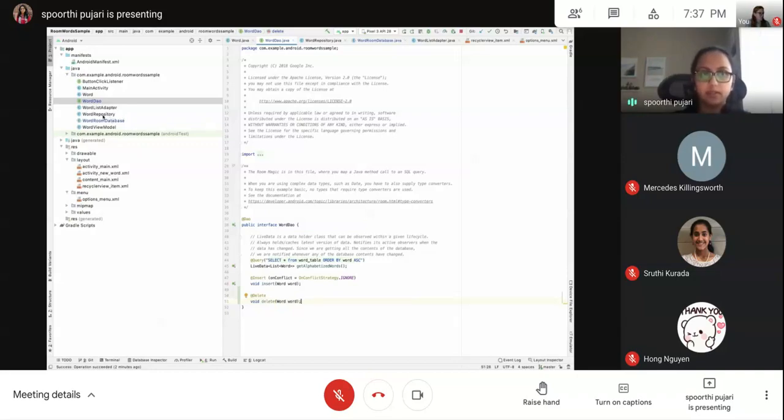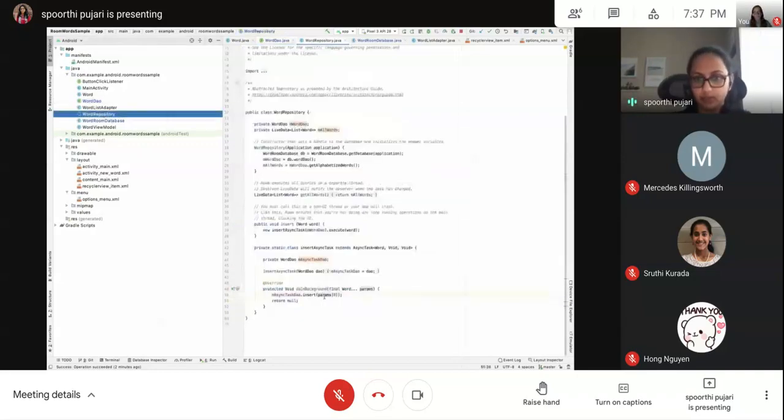Now, the next class we created was the word repository. Obviously here I need to put in another method to delete. And again, like we did with insert, delete is also a database operation. It's a long running operation, so you should do it in an async task. So let's do that.